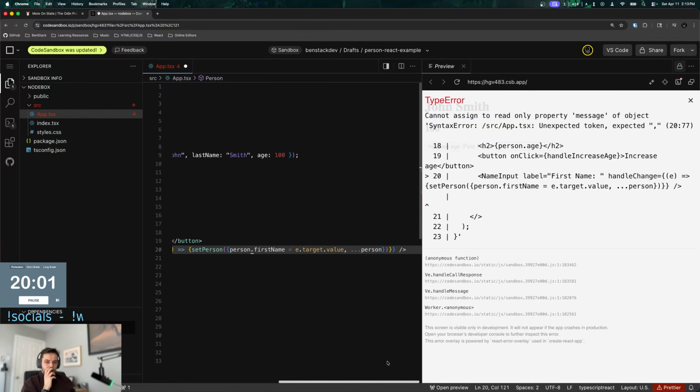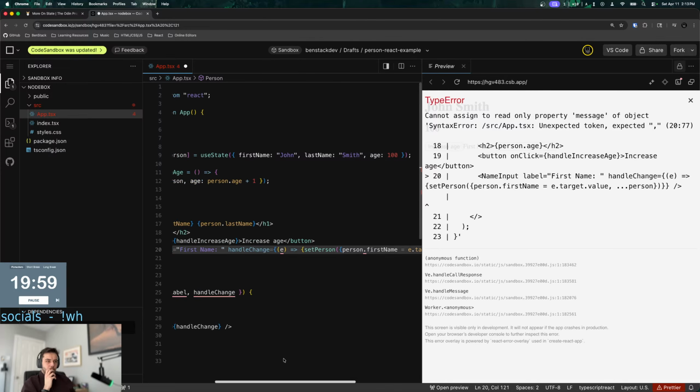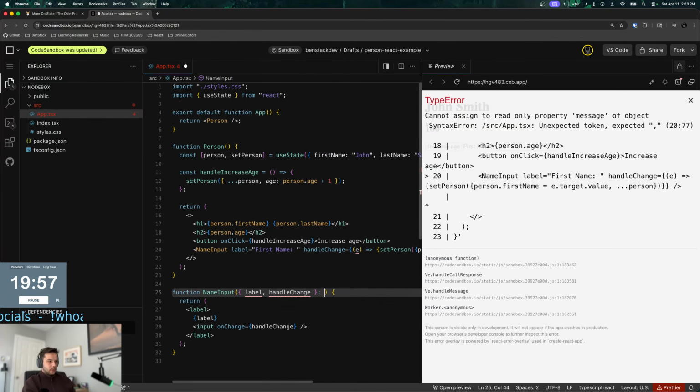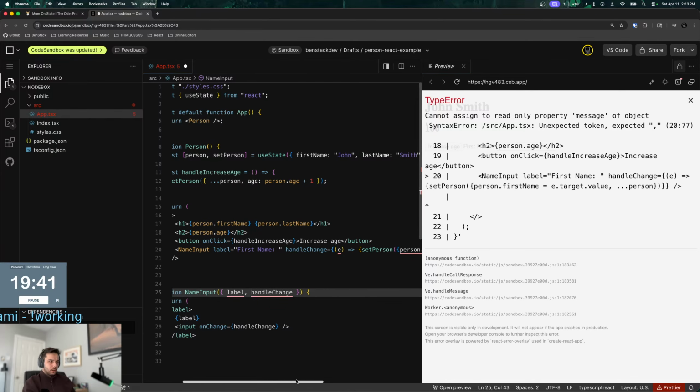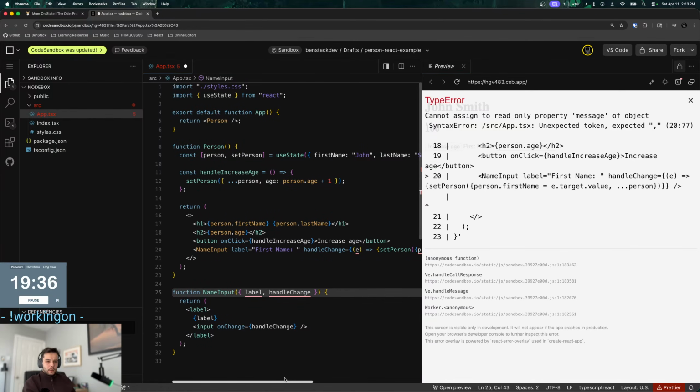Props type should be the syntax for typing. Oh, I see. So it's like this. And then I don't know how to type that anonymous function though. That's the other thing. I'll just leave it blank for now, and then we'll do the typing in a minute. Label string in the type. Oh, yeah.